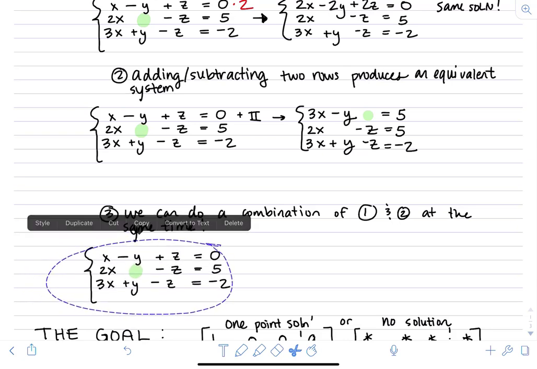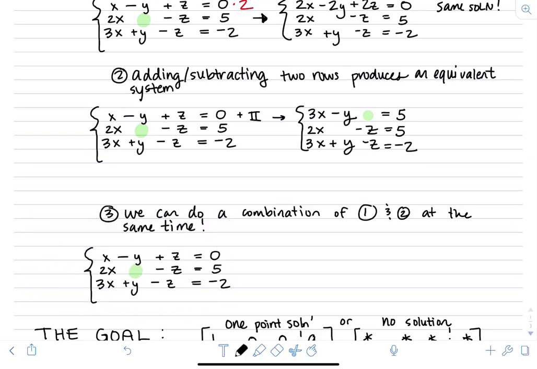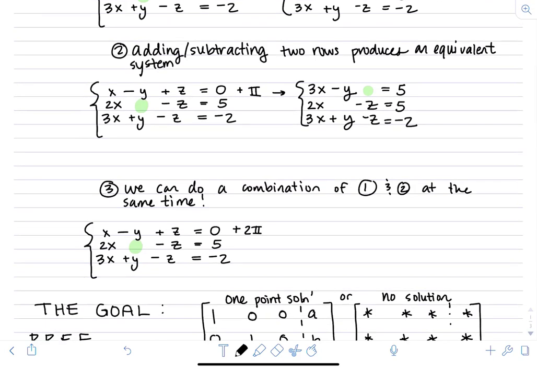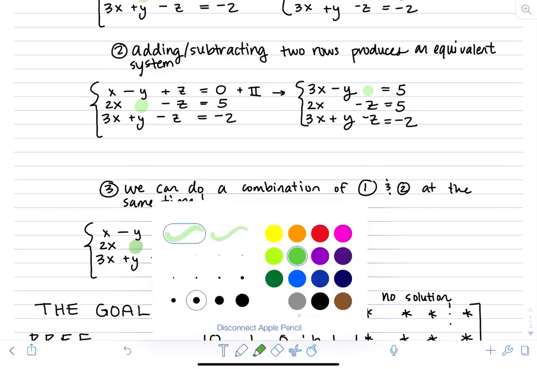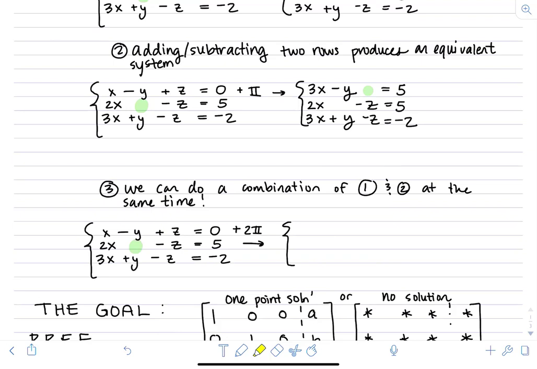And let's say that we want to add, let's take row 1 and we'll add 2 times row 2. So we're doing a combination of scaling row 2, and then we're going to add that new equation to row 1, but we're going to do it all in one step, because it's not too bad to do that in our mind. So how we're going to do this, let's use, I'll highlight each entry. So we're going to take our x in row 1, and we're going to add 2 times